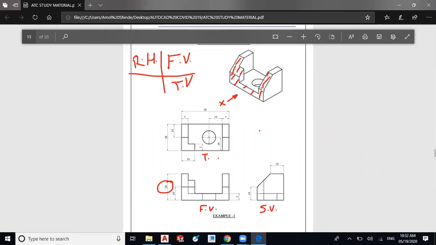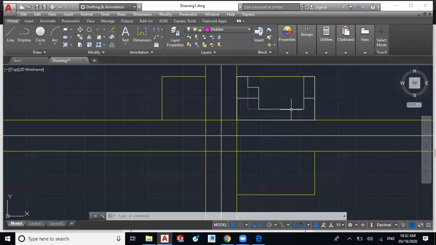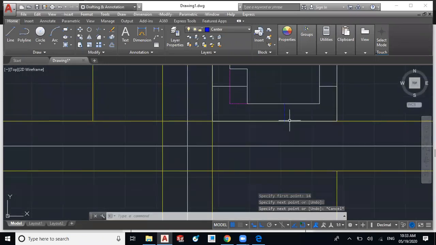So now we have to draw the circle also. So it is a hole through that base surface. So we have to draw it. The dimension is given, 14 mm inside this edge, and it is at the middle of horizontal. So we have to create 14 mm from this edge. So I will select the center line first, and I have to draw the center line from this corner, this side 14 mm. So I have tracked the line 14 mm from this edge. So I have drawn center line here, and I will offset it by the diameter